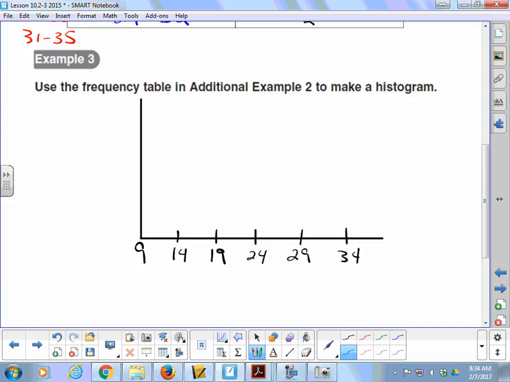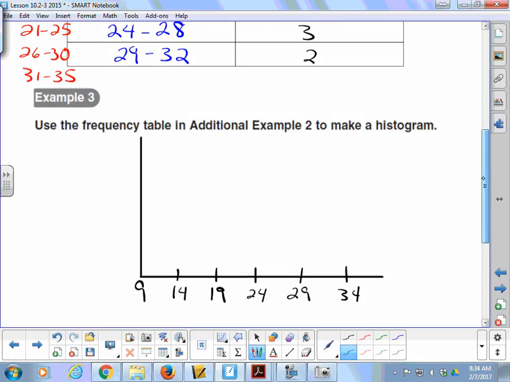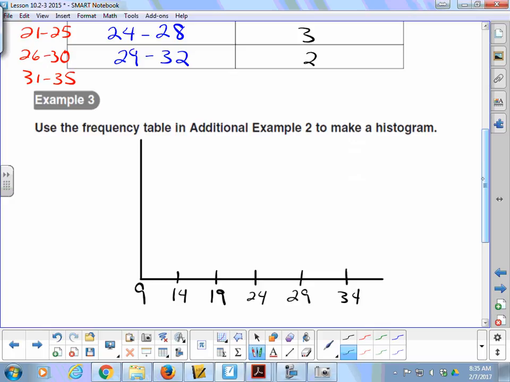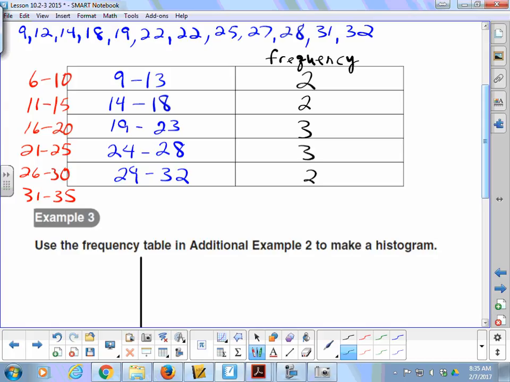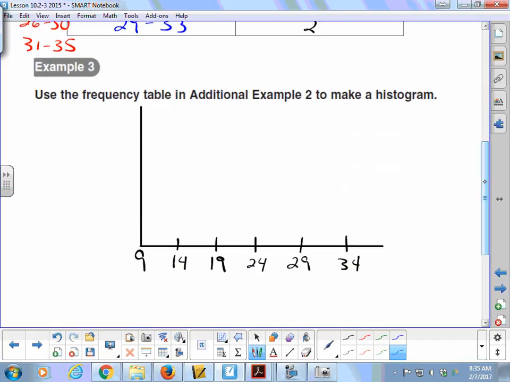And the thing to remember is that this bar starts at 9.0, goes to 13.9999999, okay? And 14.0 to 18.99999. So notice that these numbers here that I'm using for my interval, to start my interval, are the same first numbers I'm using here, okay? And that one should be 33. Be the same length. Okay. All right, and then we've got our